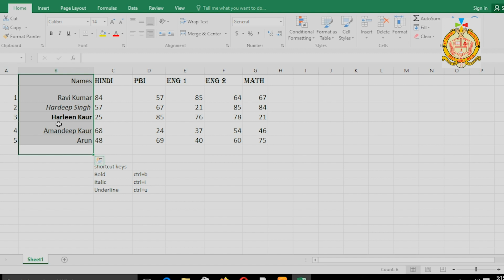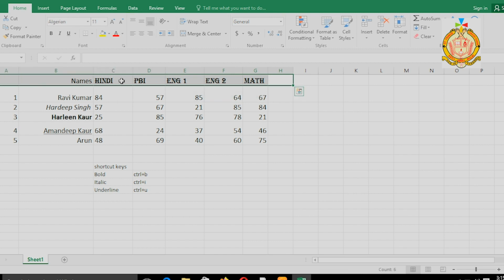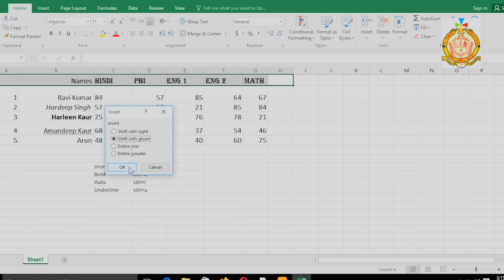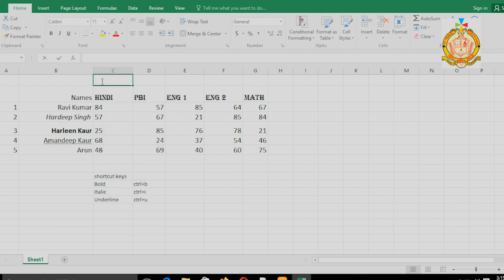So our next topic is centering data across columns. For this I want to insert one new column, new row, sorry. Here select and insert, then down. I want to give this a common name, that is Mark Sheet.